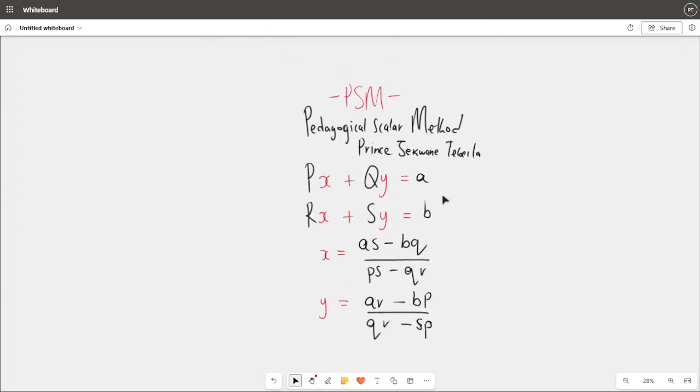What if I told you there's a completely new way to understand mathematics? One that changes how we think about solving equations, specifically simultaneous equations. Welcome to Pedagogical Scalar Method, a modern mathematical framework designed to bridge concepts, intuition, and logic into a single system